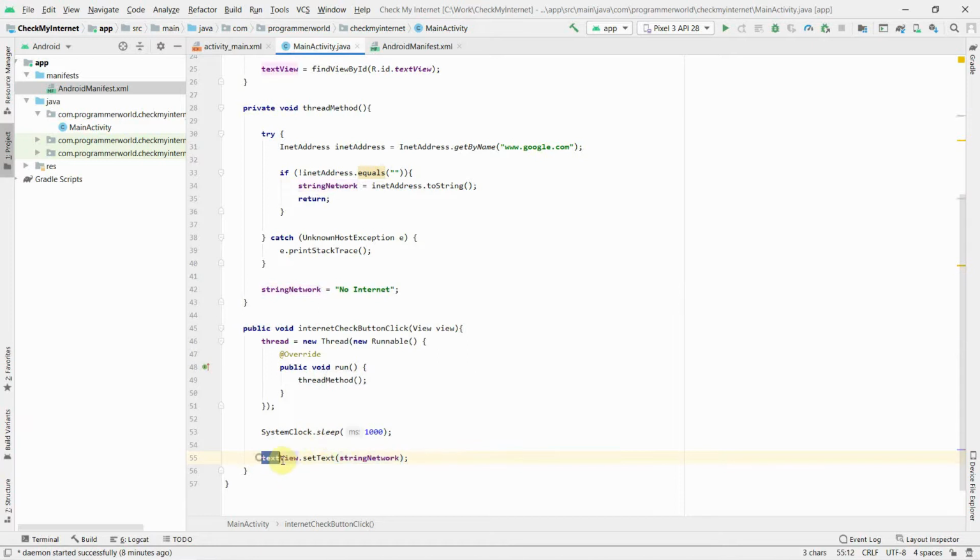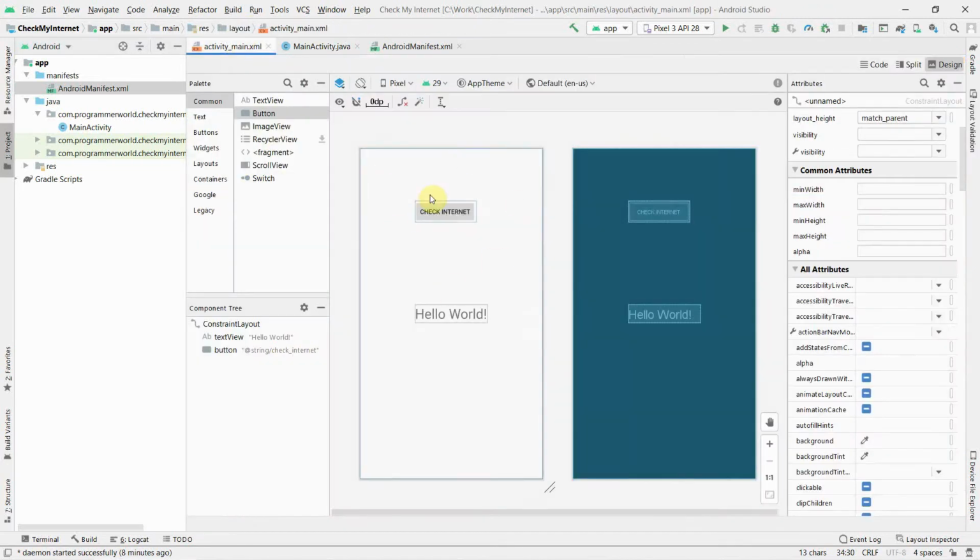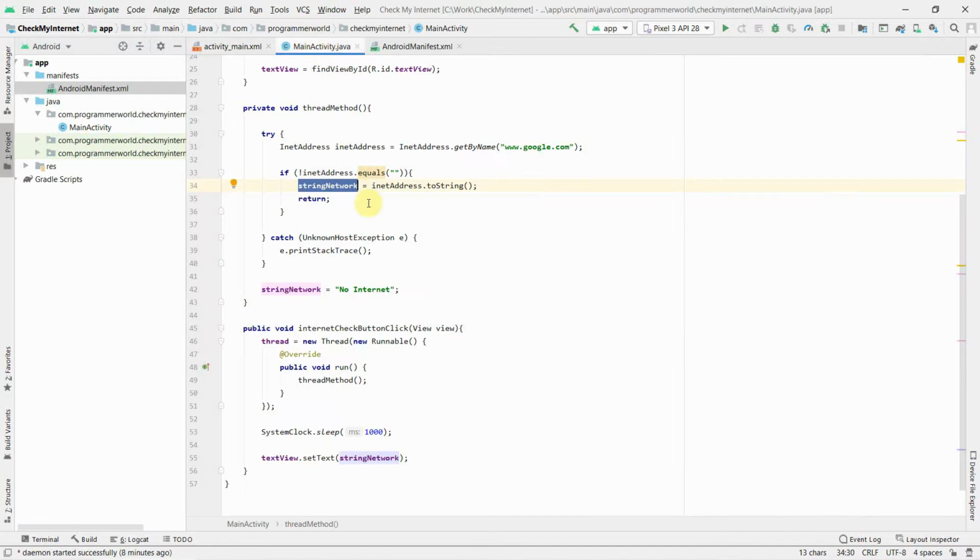One thing you might be wondering is why we didn't update this directly over here, instead of fetching the output in another variable and bringing it here. That's because in a thread method you can't call a text view, a view which is part of the main thread. All the layouts and widgets you see are part of the main thread, and so you can't directly access them on any child thread. Okay, so once done this, I think more or less our code is done.